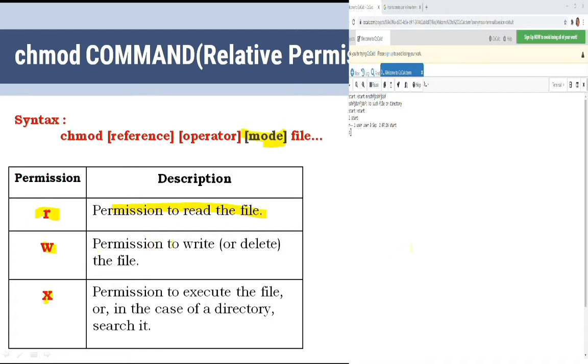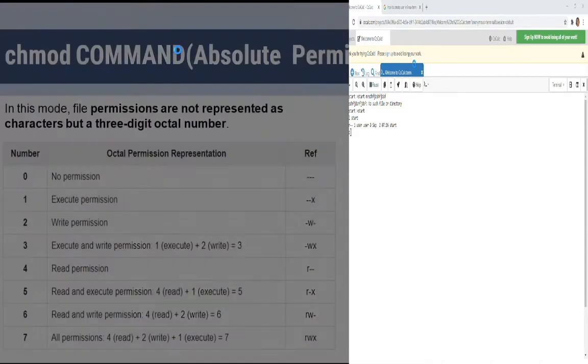The permission to read a file is represented with r. Then w is the write permission, to modify or delete a file. Then the permission to execute the file, or in the case of a directory, to search it, is the x permission. All these things work in the relative mode permissions.